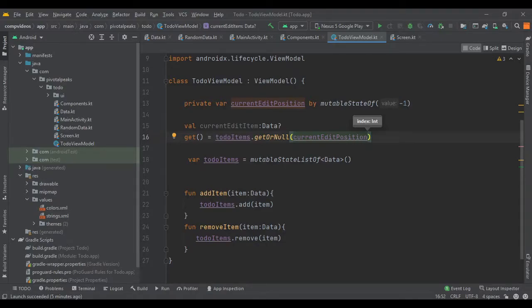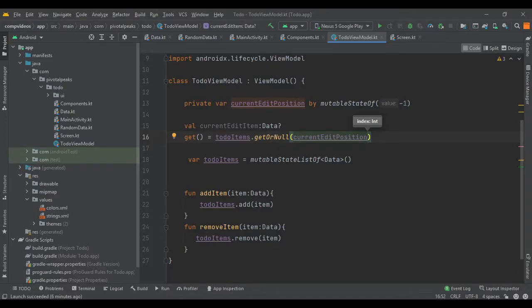Here we are reading from current edit position and to-do items to generate current edit item. So compose will recompose a composable that reads current edit item whenever either of them changes.